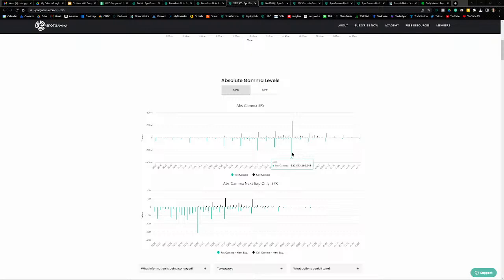So the key gamma strike or absolute gamma strike is the strike with the largest absolute gamma, and that can act as support and resistance and as a magnet. Then the put wall is the strike with the largest net negative gamma, and that can be expected to act as support, and it normally does. And then the call wall. So that's 3,900 for the put wall, 4,000 for the key gamma strike, also the